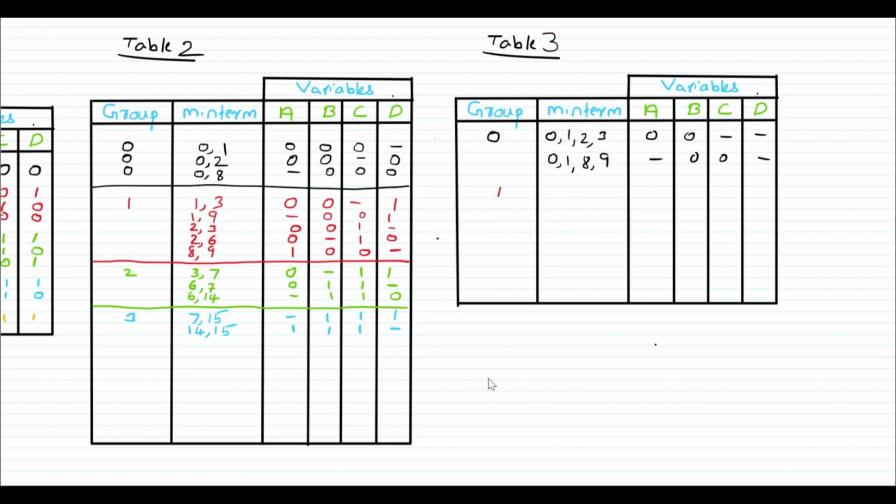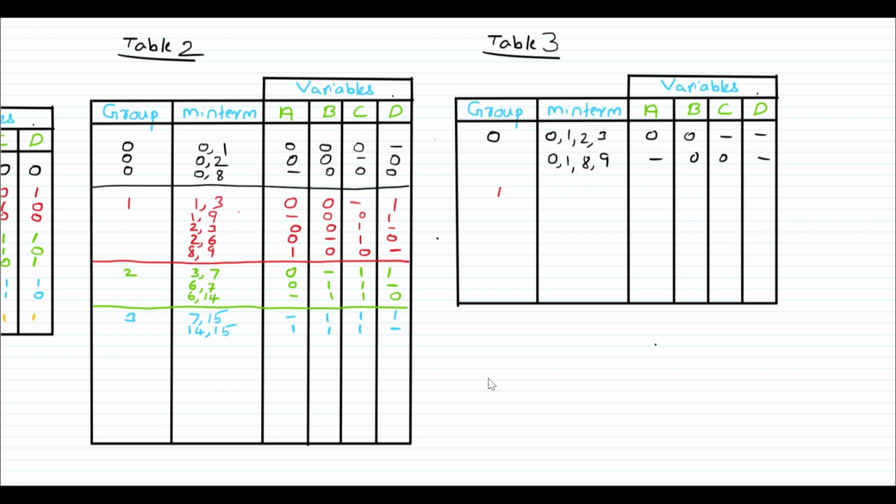In group 1, we have to compare each min term of group 1 with each min term of group 2, as per the same procedure we have done for group 0 comparison. So first we will check min term 1, 3. For min term 1, 3, we have the dash in column C, but there is no dash for group 2 in column C. So there is no group starting with 1, 3. So we will move to the next